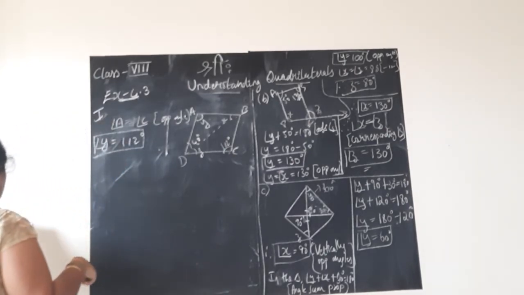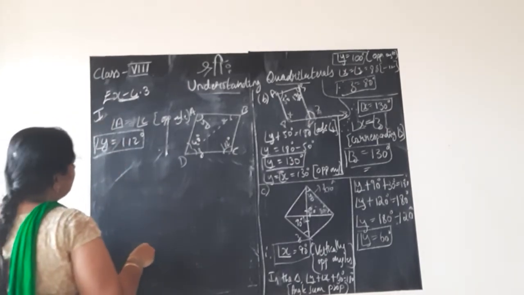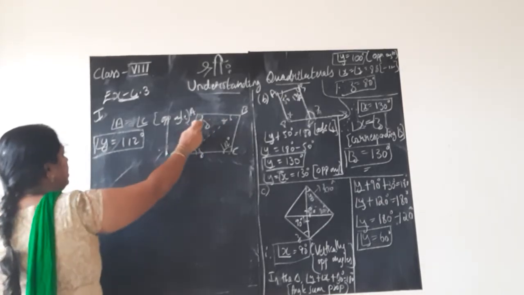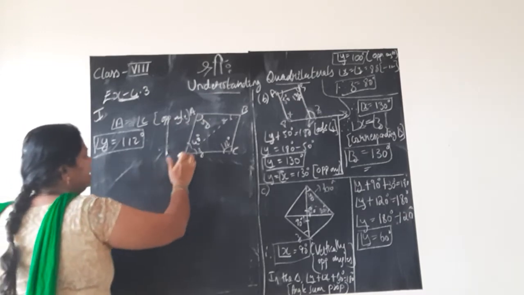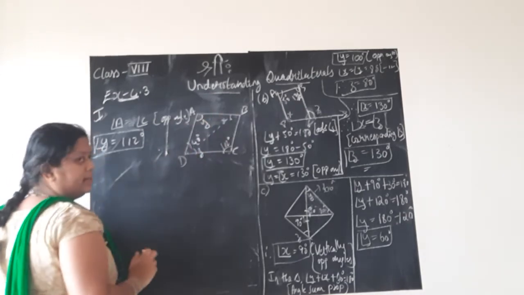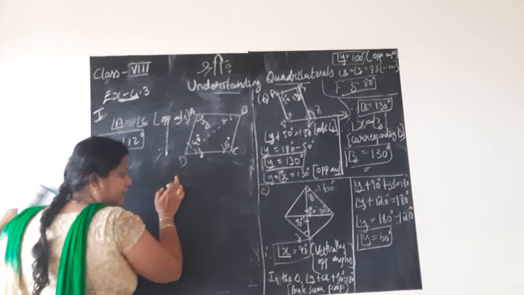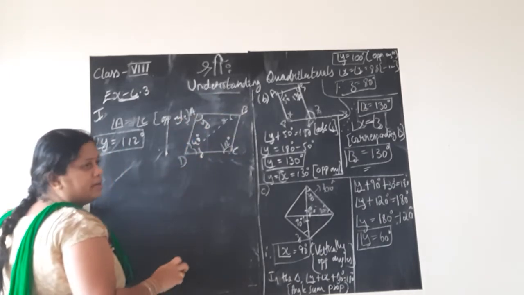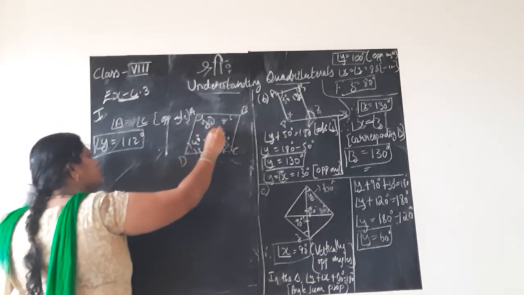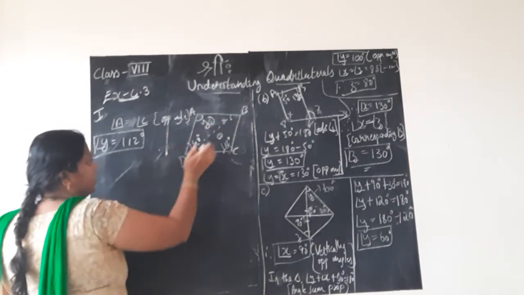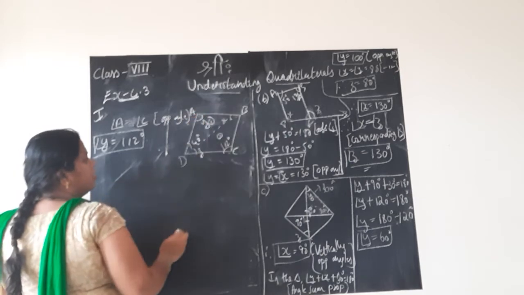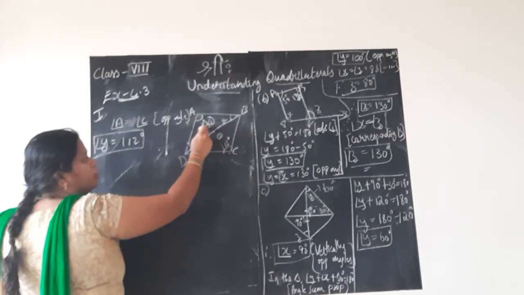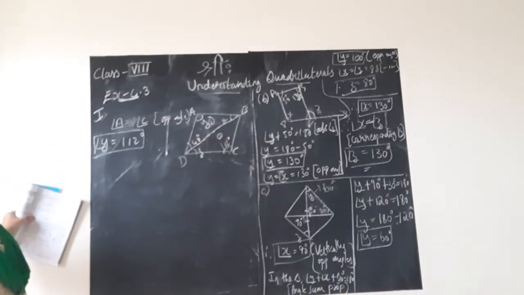Next, angle X plus angle Y, X, Y, 40 degree. Now we got to know what is 40 degree. Now BD, the dotted line now children, BD is the diagonal. The diagonal BD is dividing the whole parallelogram ABCD into two triangles. Which are those two triangles? See, first triangle, second triangle. Whole parallelogram, diagonal BD drawn, what do we get? Two triangles it is dividing it into.